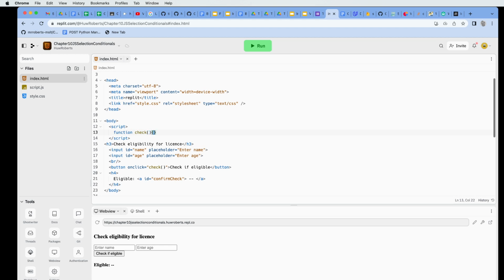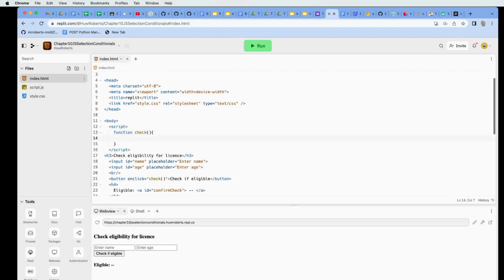And then we're putting in the curly brackets again. And then in the body of the function there, we can then type in let age equals, and then again we need to target the document get element by ID, and we need to pick up the value from this field here. So let age equals